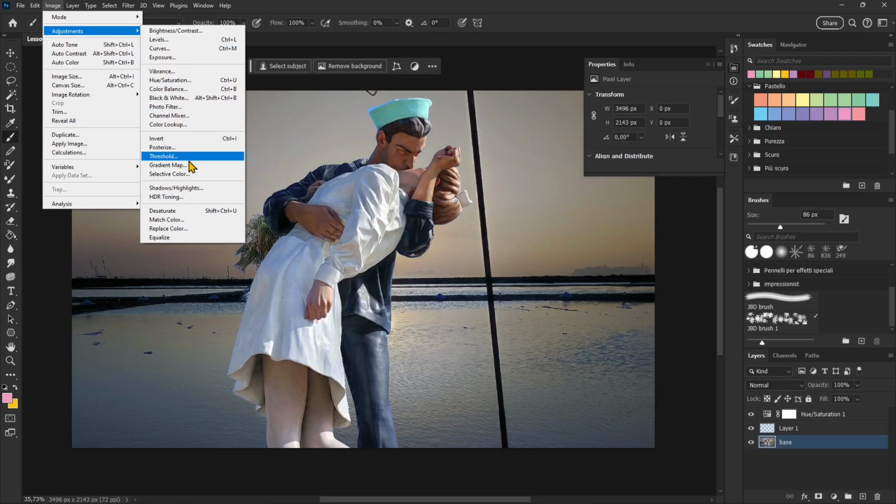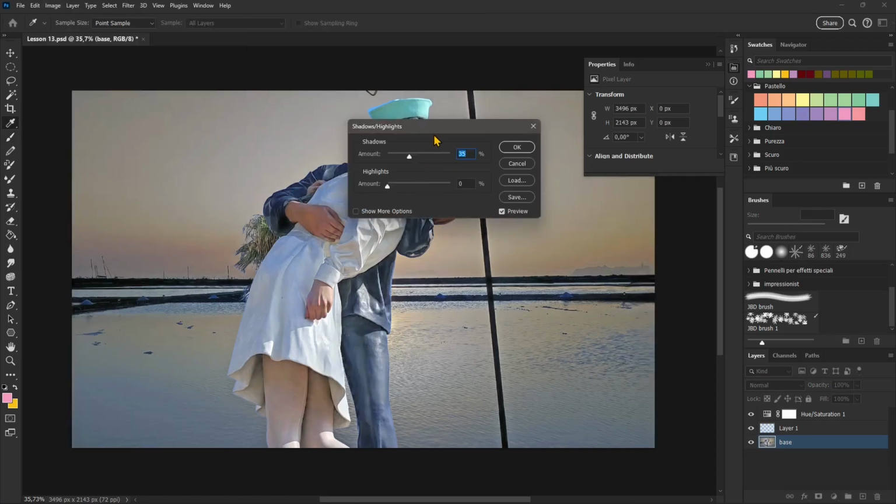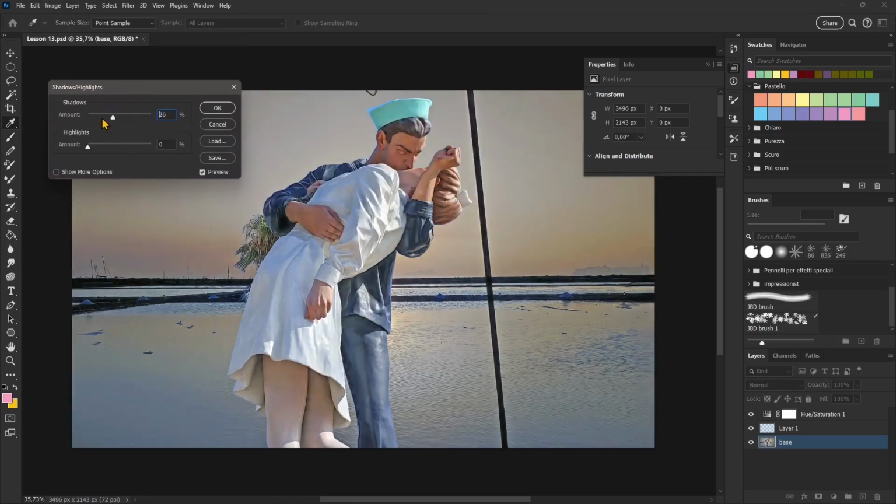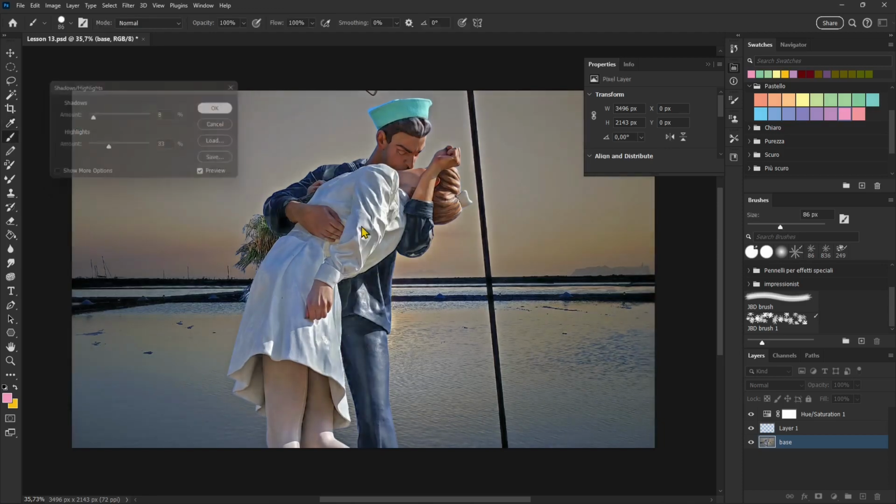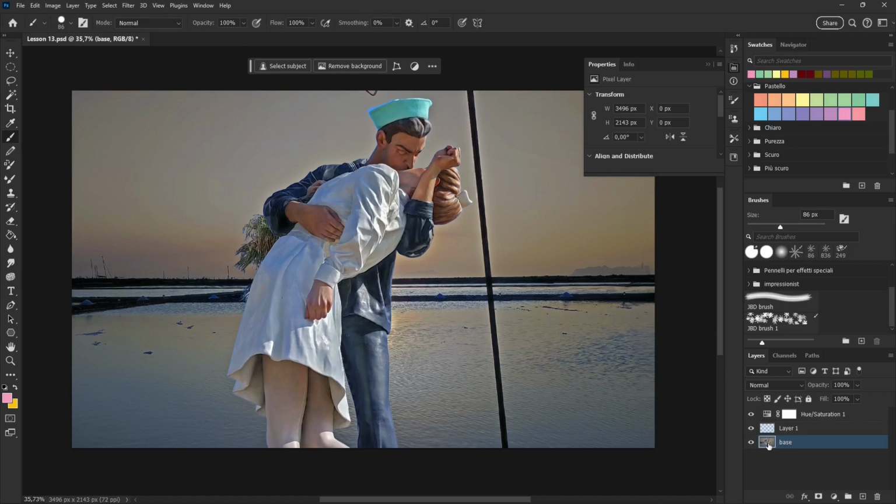So let's do like, I don't know, shadows, highlights. So you can see that I can play a little bit with this. It's looking like an HDR image. Okay, so I can define this. Now, if I say okay, I will not be able to change that. That's going to be directly in the image. So all I can do again is go back with the history brush if I want to retrieve the original